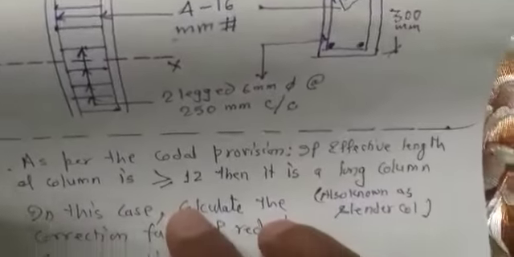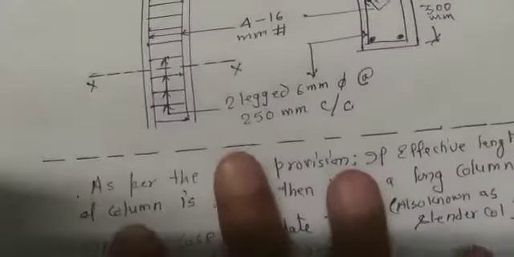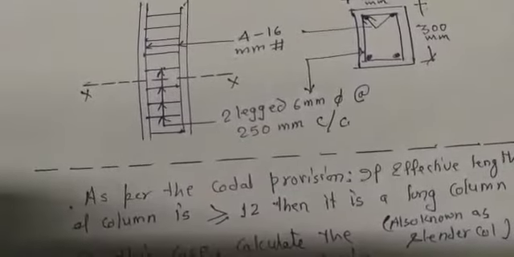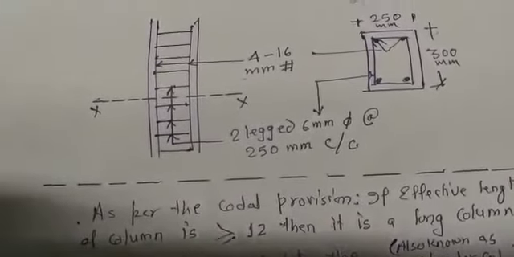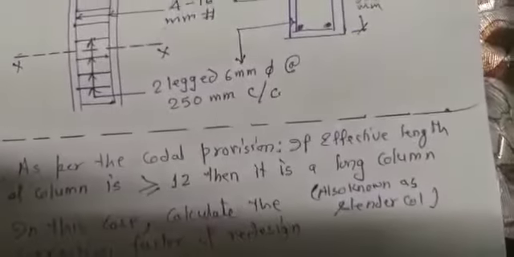But what we are talking about is the short column. There is a codal provision to find out the design of a column when it is a slender one, that is a long column, when LE upon the least lateral dimension of the column is greater than or equal to 12. Under such circumstances, there is only one change to be taken into consideration. We have to find the important part, which we can call the correction factor CR. And CR as per the code is taken as LE upon 48 times the least lateral dimension of the column.